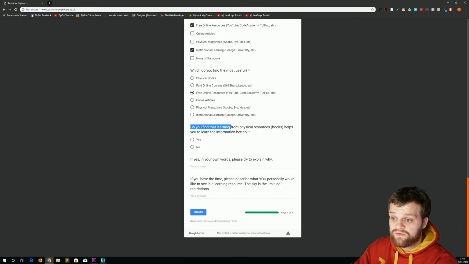Do I find though that learning from physical resources helps you to learn the information better? I actually do. I find that using a physical book that I can take notes on, that I can really get to grips with and hold in my hands, for some reason helps me retain the information better, so I'm going to say yes to that. I then explain in my own words why, pretty much what I just said,